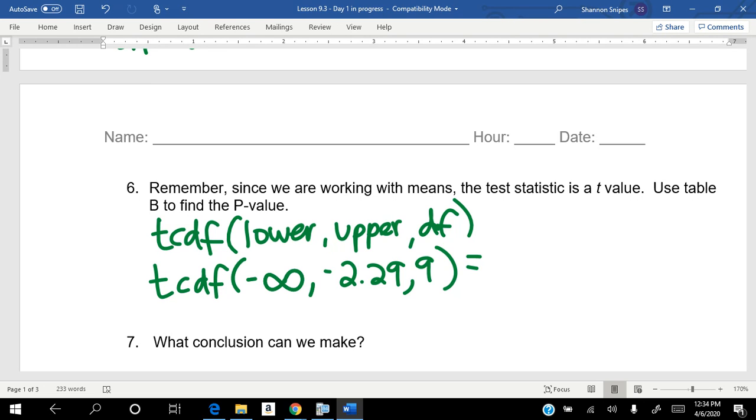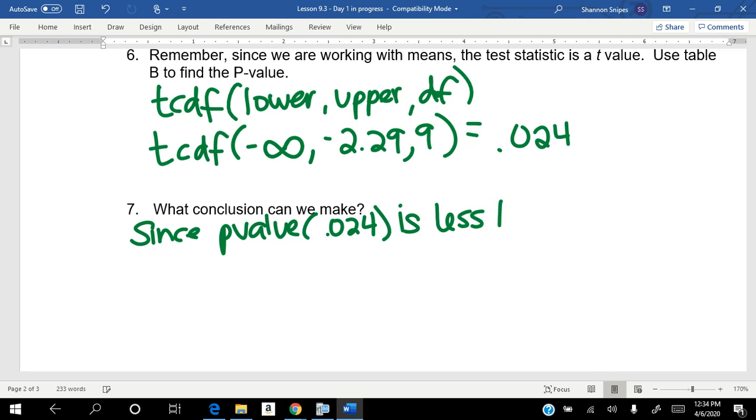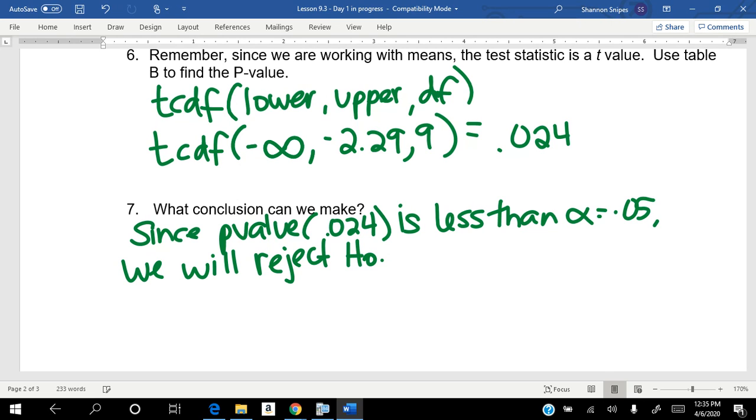So our lower is negative infinity, our upper is negative 2.29, our degrees of freedom are 9, and we get a p-value of 0.024. So what conclusion can we make? Since our p-value of 0.024 is less than alpha, we will reject our null hypothesis. We have convincing evidence